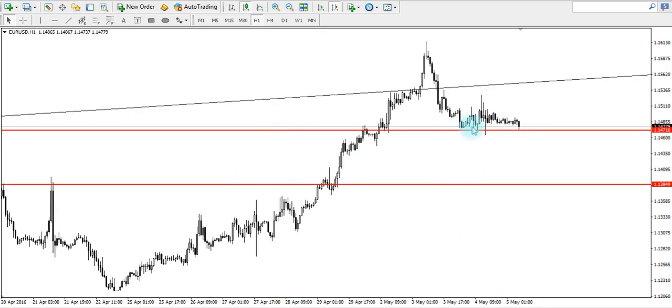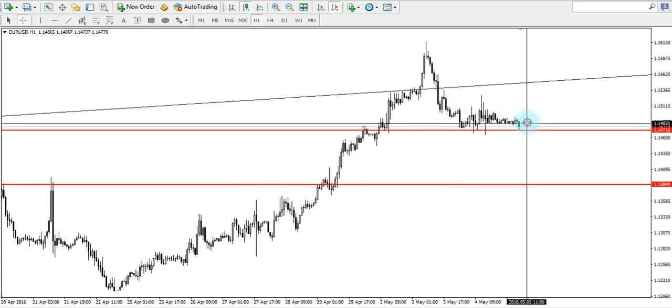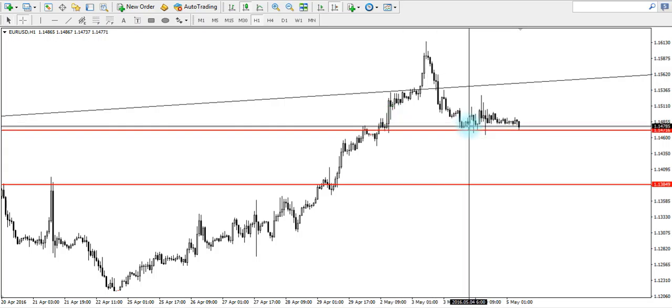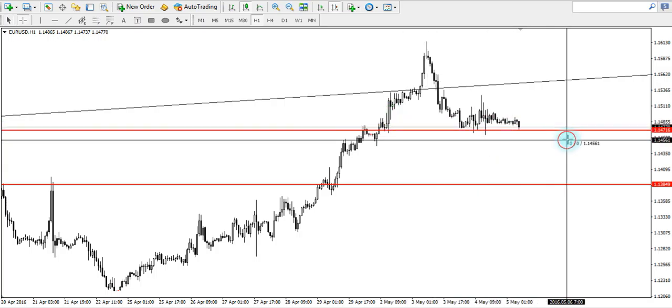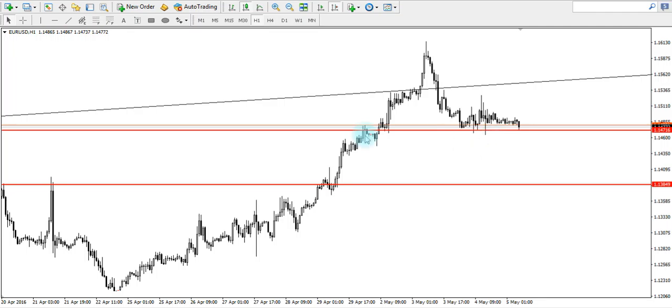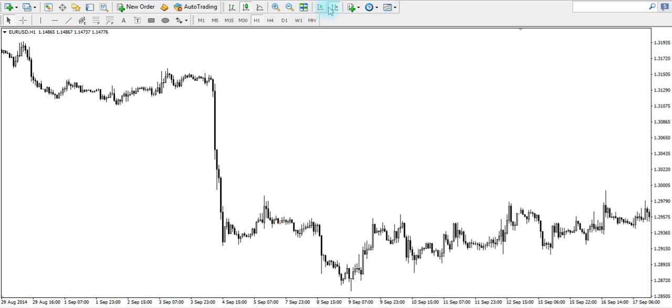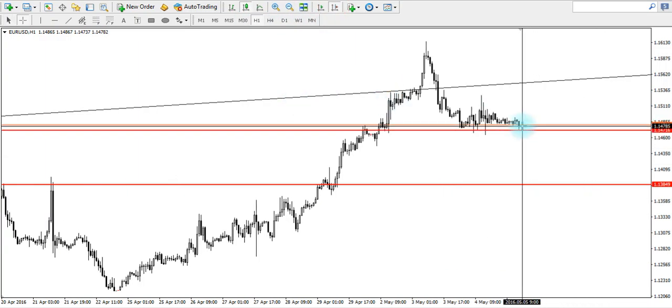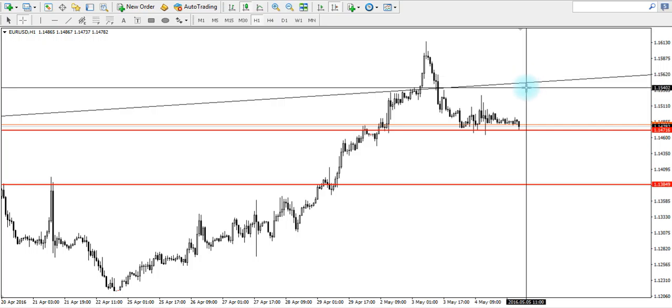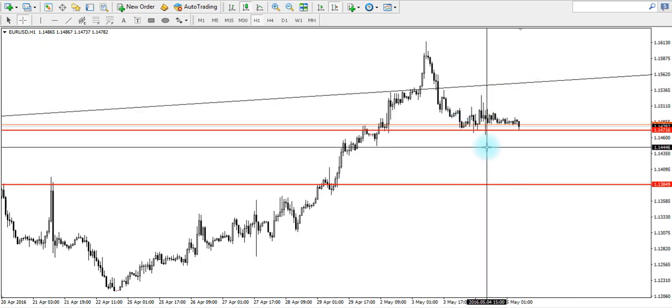And also do take note that the consolidation that's taking place right now has the price also seen supported at the previous major resistance and support level at the price of 1.1471. If you look at the weekly chart, you'll understand that. There is a chance that the price may rebound off from this level,